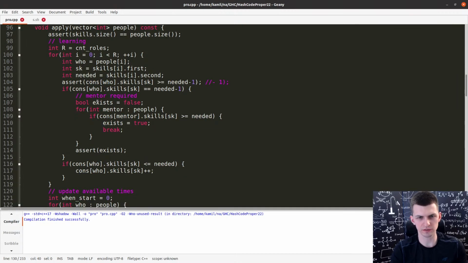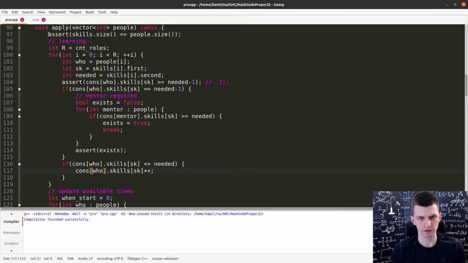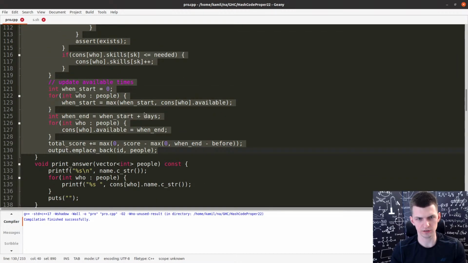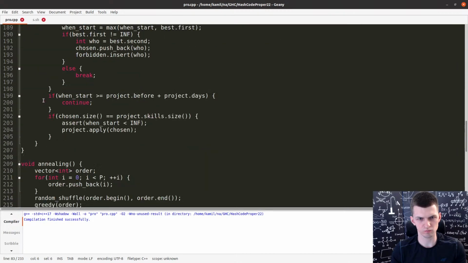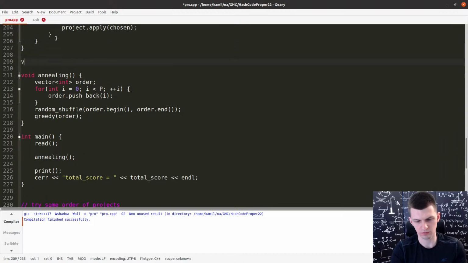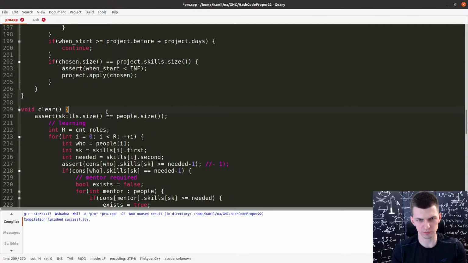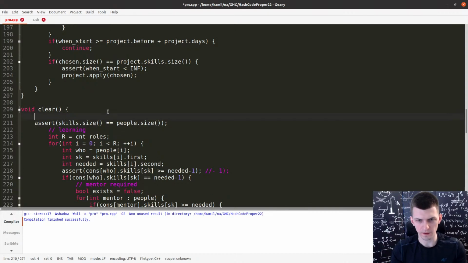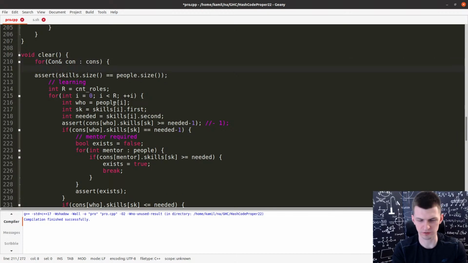So we must create some matching function to clear. I will maybe copy paste this to look it up conveniently and create function clear. And I'm copying this just to know what should be cleared. So I'm updating skills and available times. Then for every programmer, I call them counts because programmer I think is a long word.